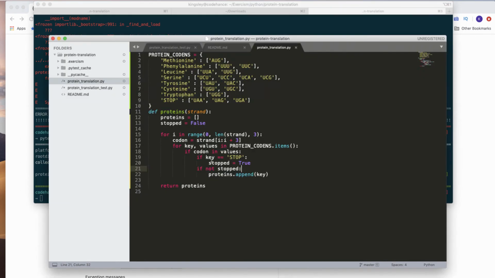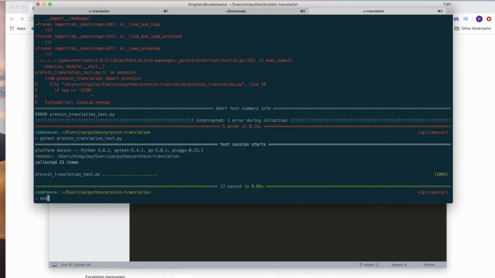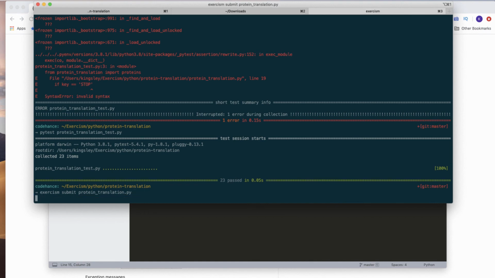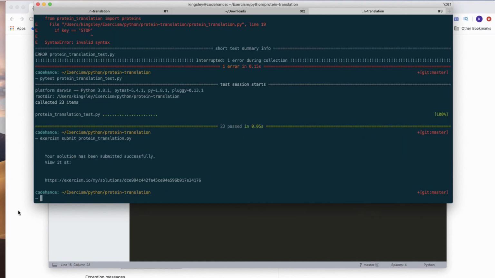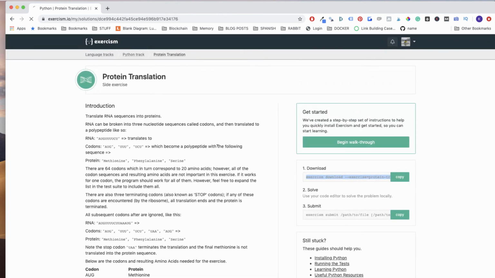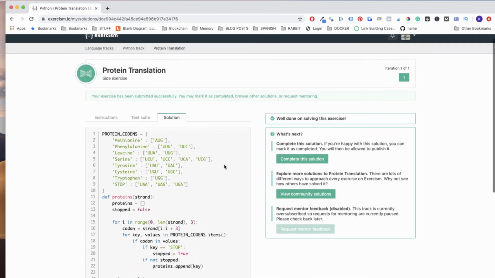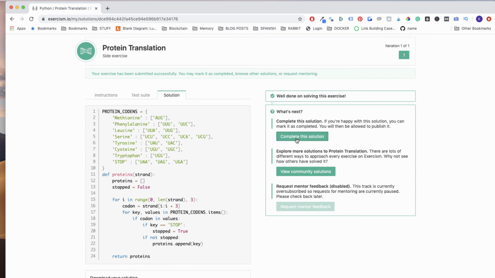All right, so that's how we solve that problem, or how I solve that problem, using range. Read up on range if you need to, read up on using for in, using items, and that solved that issue. So I'm going to submit this and read how better programmers have done it and just learn more stuff anyway. Okay, so let's complete and continue